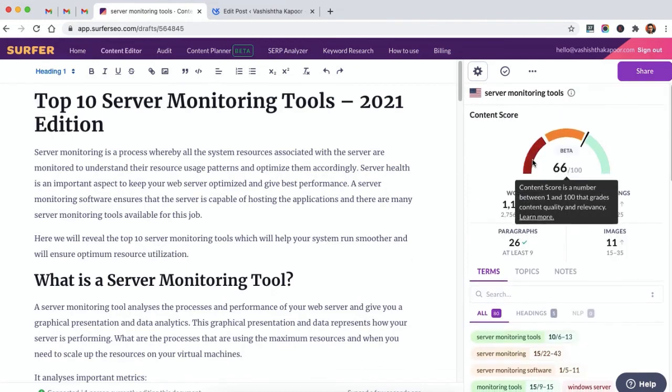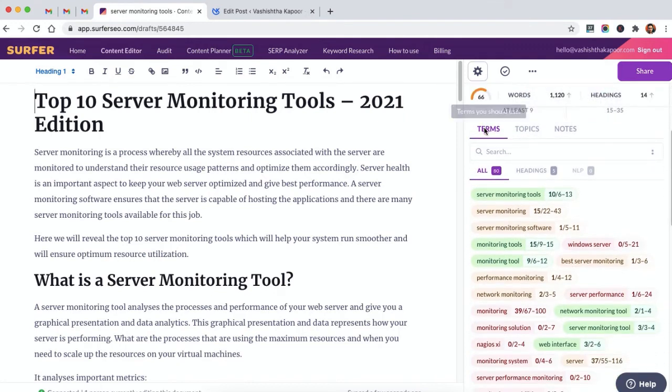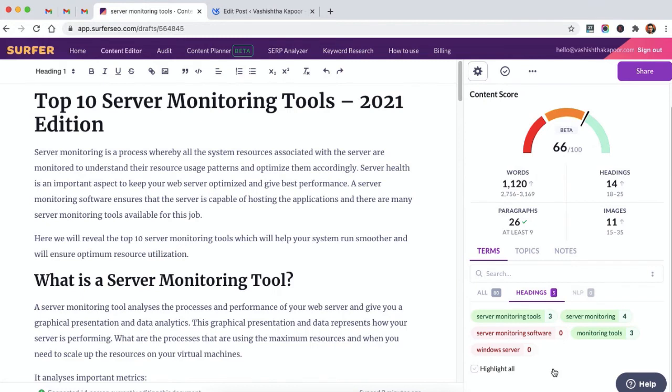So moving further, you can see inside the terms tab, there are three tabs called all, headings, and NLP. So not just the terms, it is also giving me suggestions on what headings I can include in my copy. So once I click on headings, it gives me a few more words that I can include in the H2 or H3 or even H4. So these are the few terms that I can include and build headings out of it.